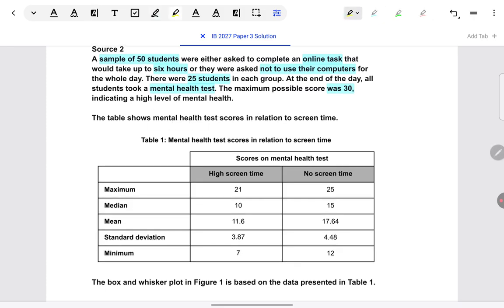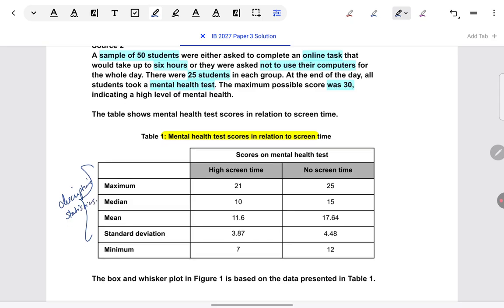So we can look at the title of the table, mental health scores in relation to screen time. A lot of descriptive statistics we can see on the table. And to reiterate, if you feel I'm going fast at any point, just pause and read carefully. The paper is a little long, so to stay within time, I'll have to move faster. But make sure you're going ahead only after understanding what is there in the source material.